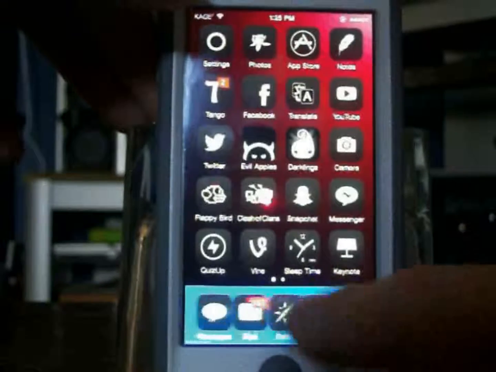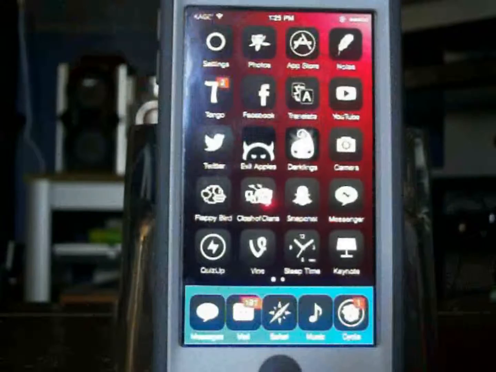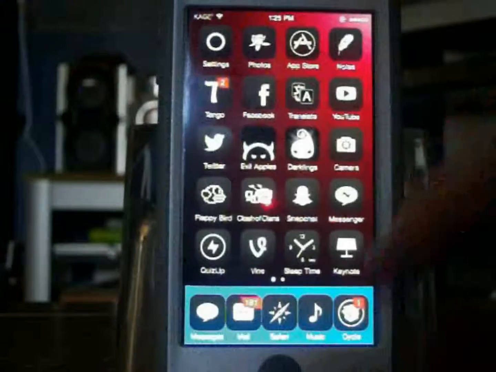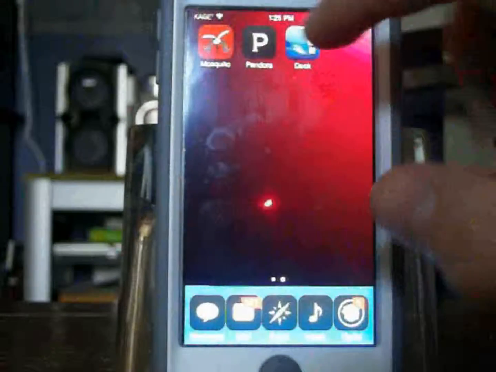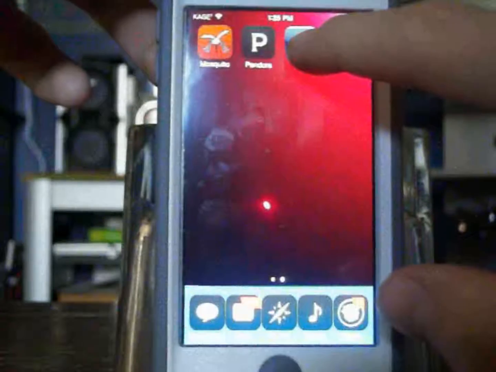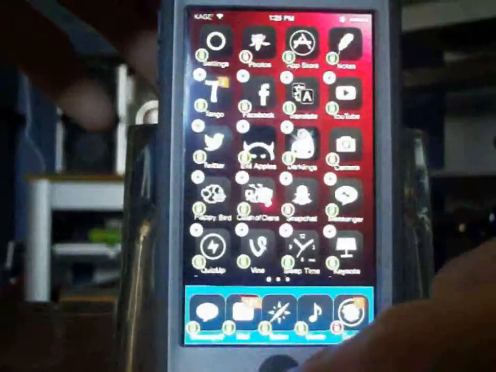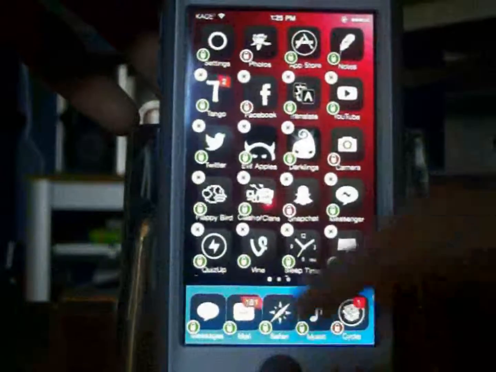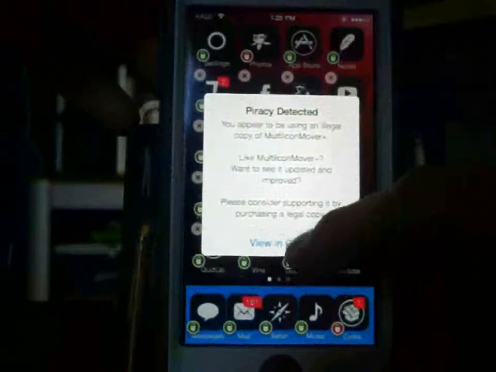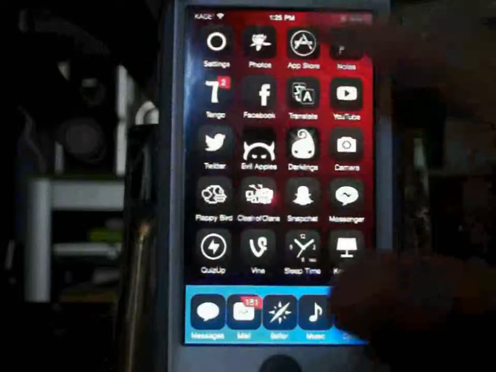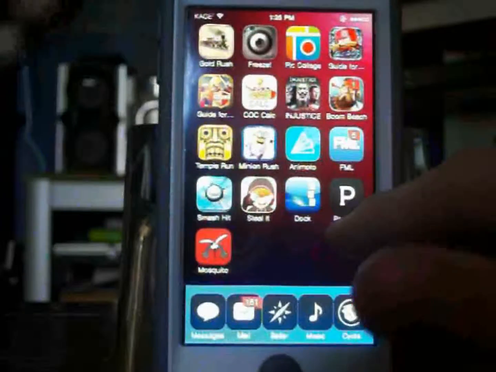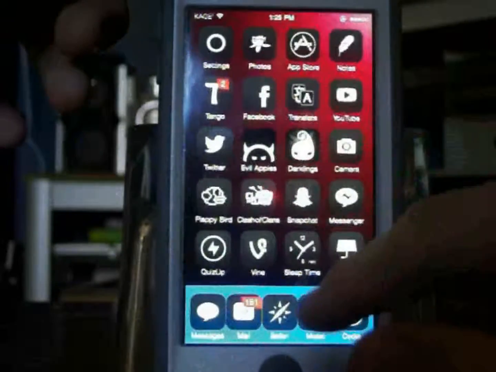It's a really nice way to keep things hidden and looking nice, because you could have one page, like take these and move them over to this page. Oh, piracy detected because I don't have the right kind of multi-icon mover. Shame on me, right? You can move them over here, and I think it makes it look a lot better,